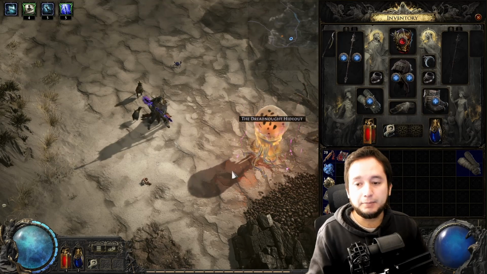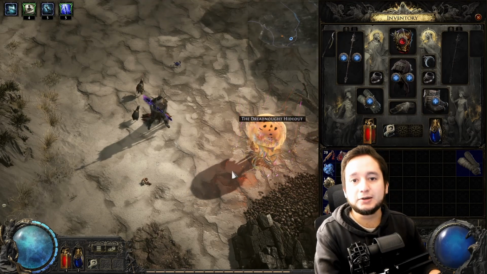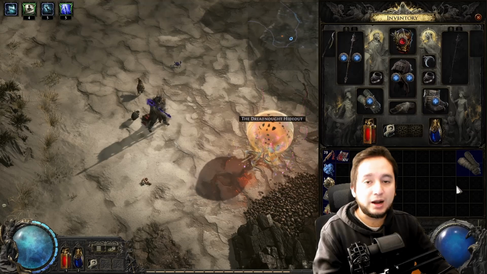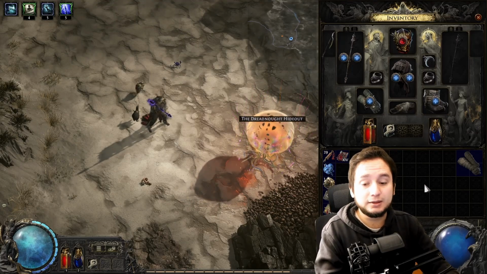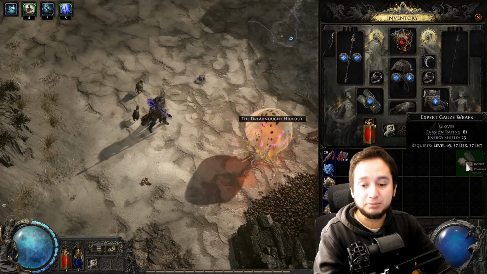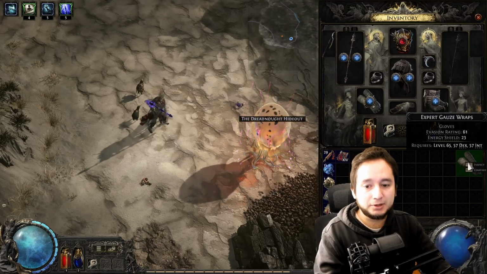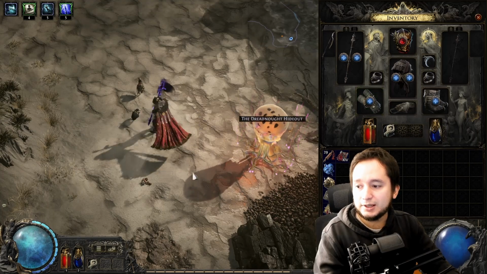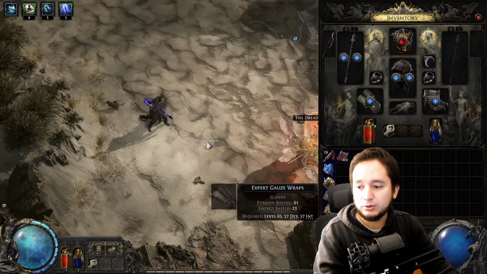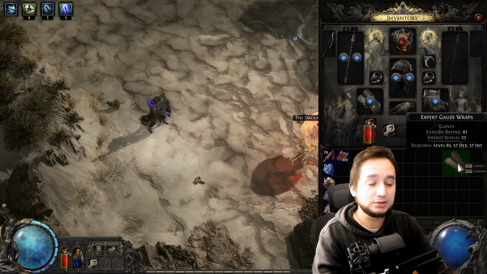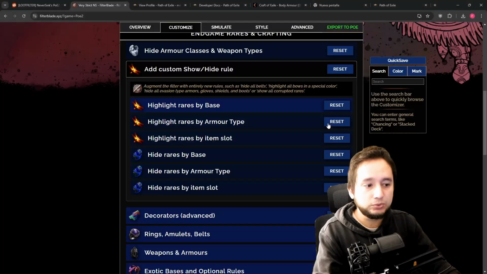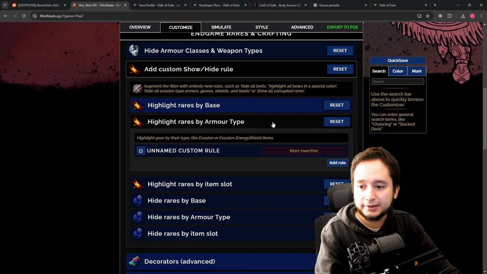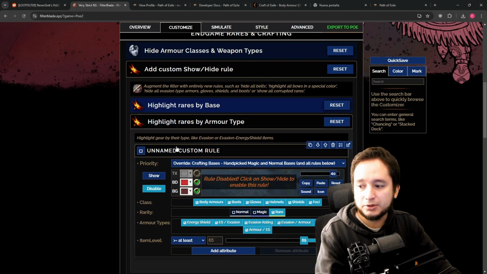Let's say a good example of this is that if you're playing a build which uses energy shield evasion gear, maybe you want to craft or try your chances by picking up loot and identifying it. So what you can do, for example, here, if I drop this white expert ghost grabs, you can see that the filter is not showing it. So what I can do to customize it in this case, or add all the gloves that are energy shield evasion based, you can go to the filter, select armor type, you go to name custom rule, you can add